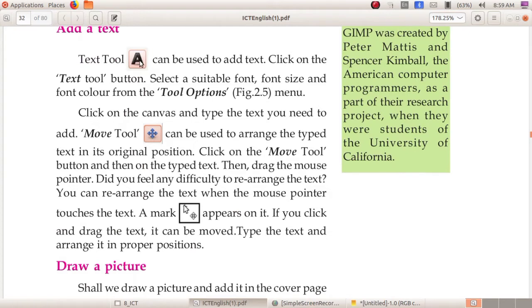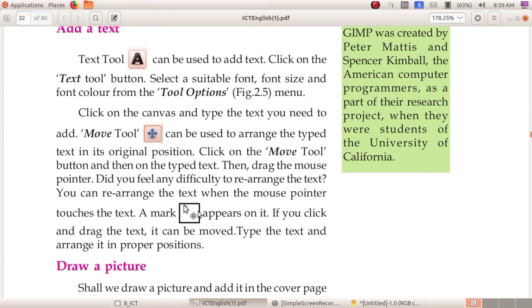Then you can see the tool options window. In that window you can give many options for making our text more attractive. And here is the move tool, this plus button. We can make use of the move tool to change the position of our text.